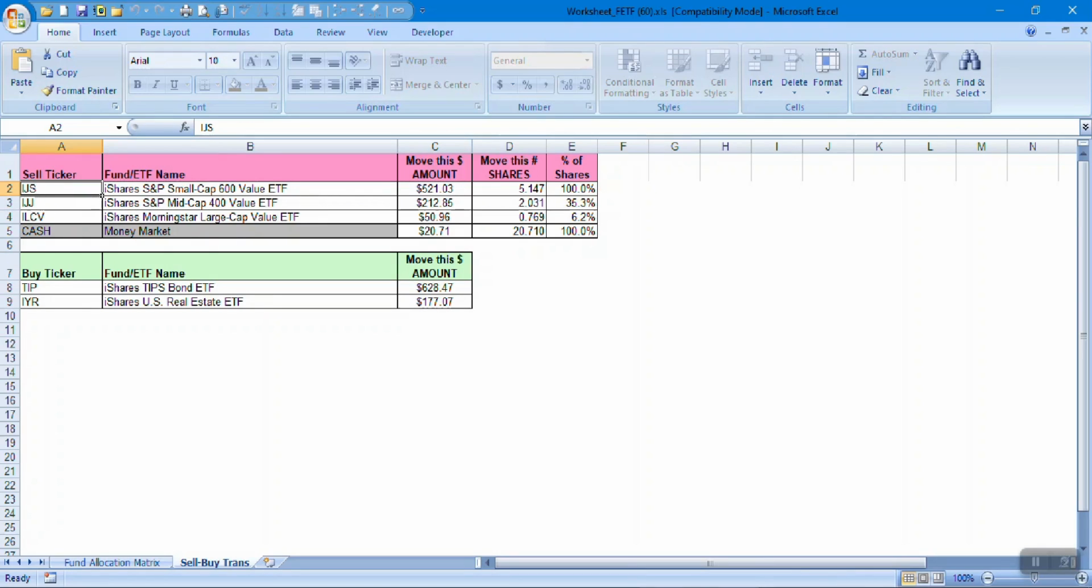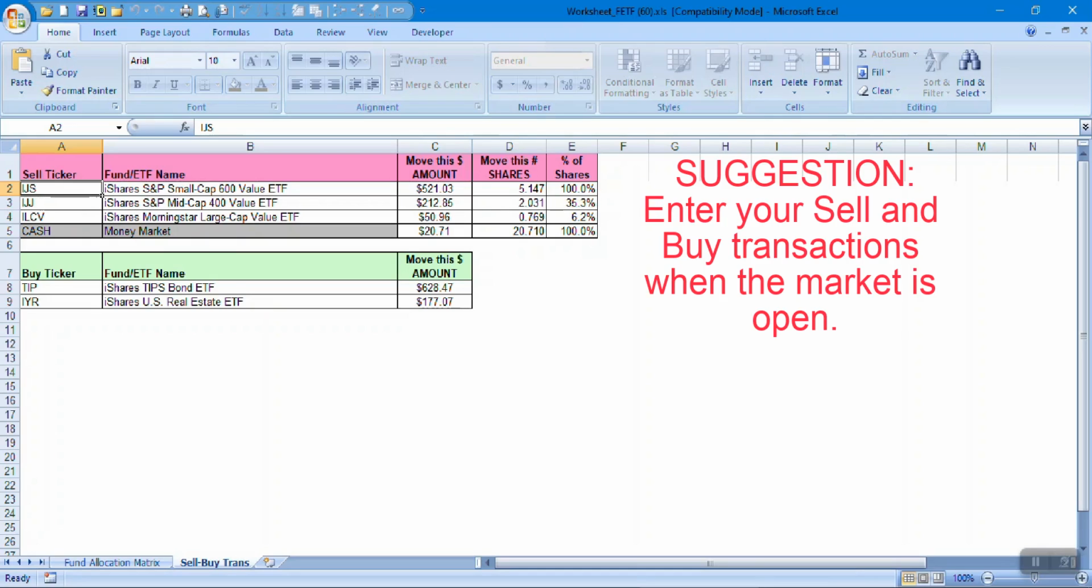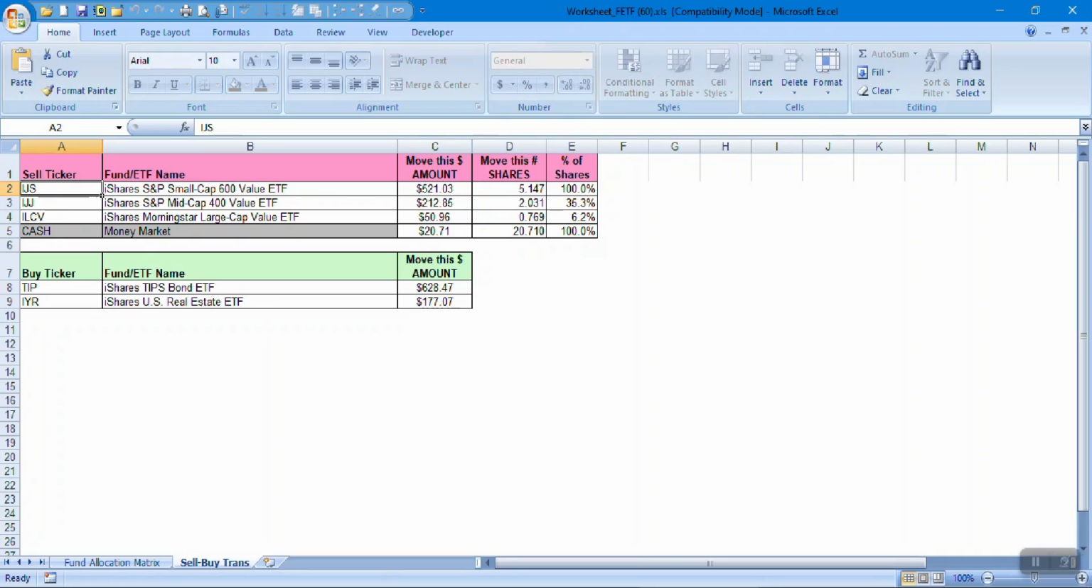A couple of reminders. If you're doing an ETF series, you should do this when the market is open. That allows you to immediately have access to the proceeds of the sale, which you'll turn around and use to make the buys. First thing we do here is we look at the ticker, the dollar amount, the share amount, and it's important to notice that if the share percentage is 100, we're going to be selling all of the